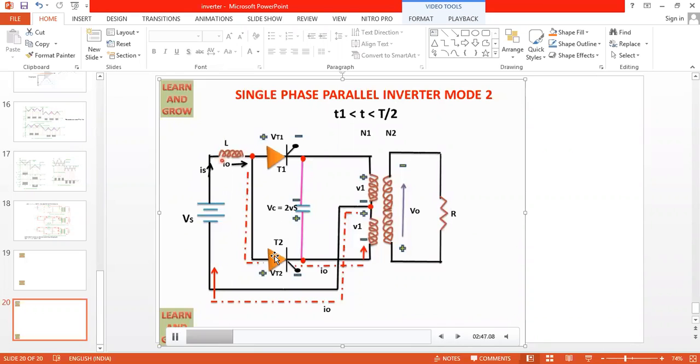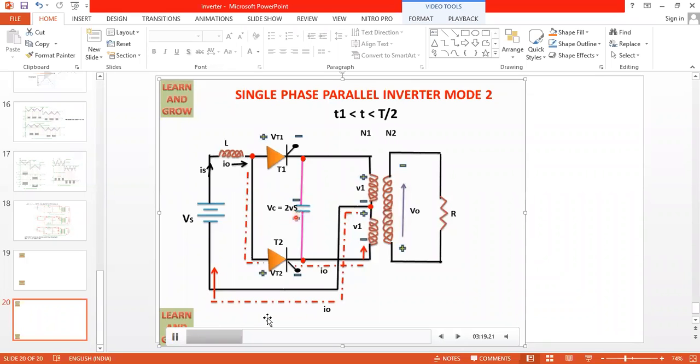In mode 3 also, SCR T2 is turned on, and therefore the current flows in this manner. From where to where? From Vs plus to the inductor, from the inductor to SCR T2, and from SCR T2 to the lower winding, to the common point, to the Vs plus. So in mode 3 also SCR T2 is on, but the capacitor recharges with opposite polarity as shown in the figure. This is very important, minus and plus. I confidently say that in any textbook you study, you will never understand the parallel inverter. It is very difficult to understand without this animation. So those students who are listening, listen carefully, all the 12 participants.